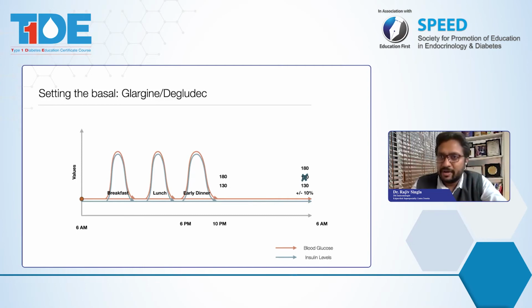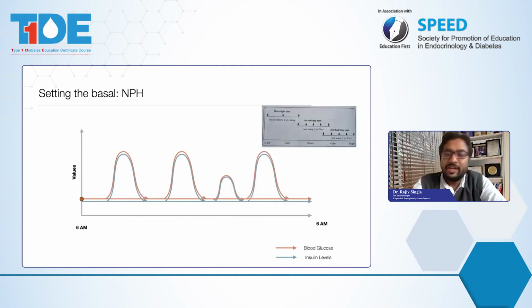So the nighttime maintenance of blood glucose values is much more important with those basal insulins than trying to look at what our day values look like. Now, if we are doing NPH, which we discussed that we have to take twice in a day, then first of all, we need to do an overnight test as we did for the glargine and the degludec. But then, because we are taking another basal insulin during the day, what we need to do is,